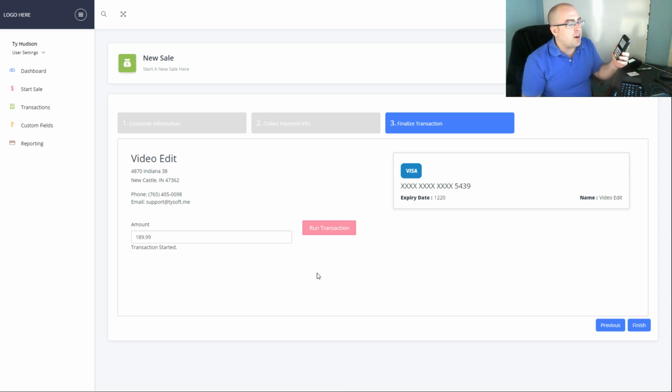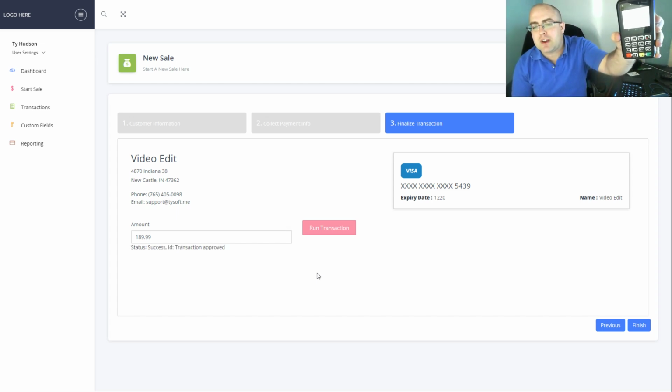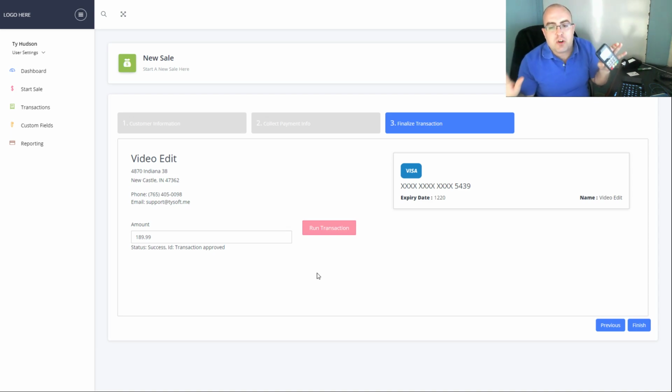Transaction is still going on here. It was approved on the device, and then it might take a second to come back, but it says, oh, success, ID transaction approved, and there should be an ID there. So this whole section right here is about to get redone and redefined in the sense that in the future,